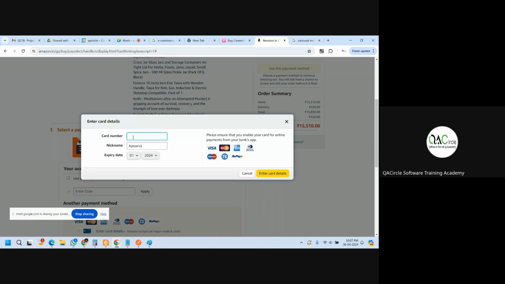Okay. So I'm giving some random numbers. Some random details for the card. I'm giving some random details. So I have given expiry date as, see,